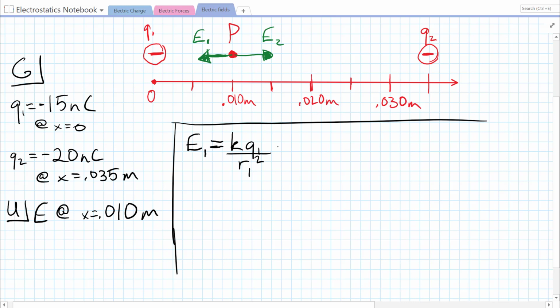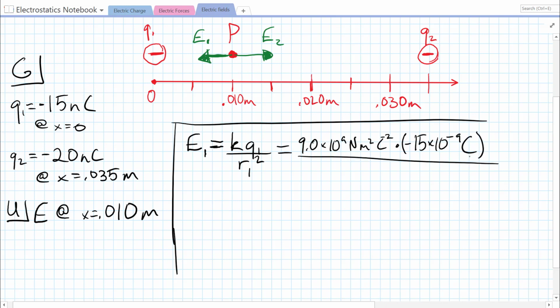We're just finding the electric field produced by Q1. We know that K is 9.0 times 10 to the 9 newton meters squared per coulomb squared, and that's going to be multiplied by negative 15 nanocoulombs, so negative 15 times 10 to the minus 9 coulombs,